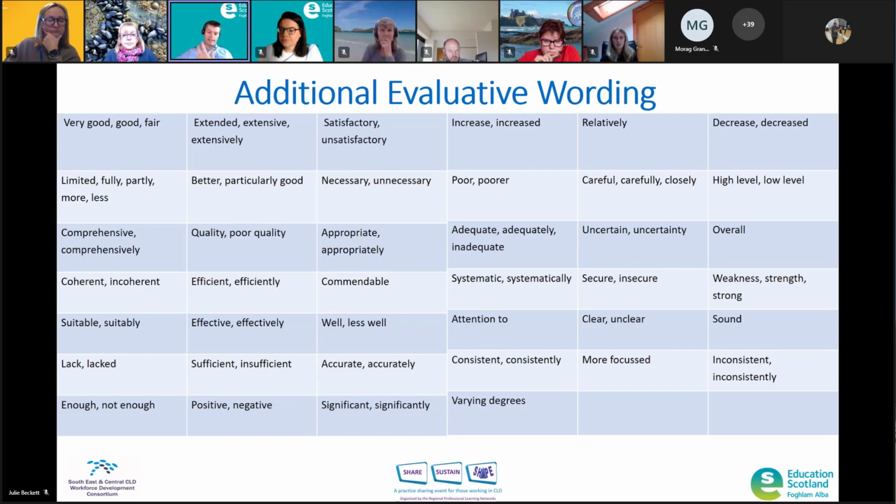They've got bigger words such as comprehensive, secure, weakness, strength, effective. All these words, if you put them in the context of a statement, would highlight the importance of what's going on and ultimately the impact that it's making. They show real evaluative statements being created, and again, these will be some of the words that we share with everybody here that they can use to structure evaluative statements going forward.